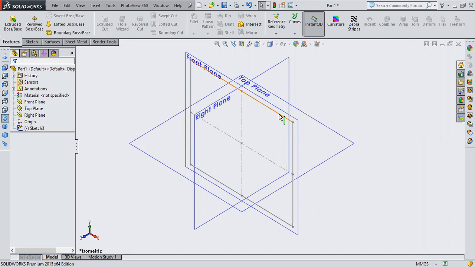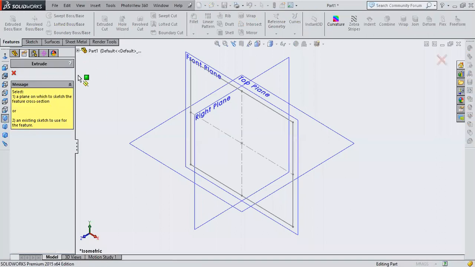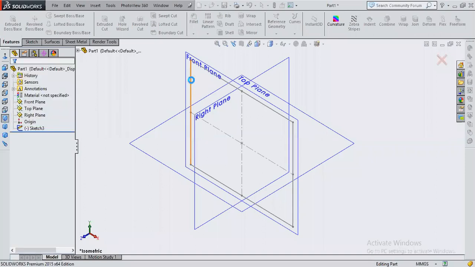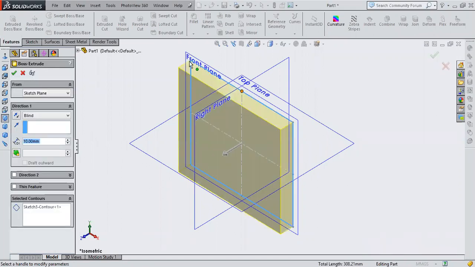Now, if I go to this Extruded Boss/Base, can you see that Extruded Boss/Base? This is called the material adding command, okay? So once I select this, I have to select the sketch I have created. This is the sketch I have created, right? Yes, sir. Once you click on this, you can notice the material will start adding up. Can you notice this box type of thing is coming?